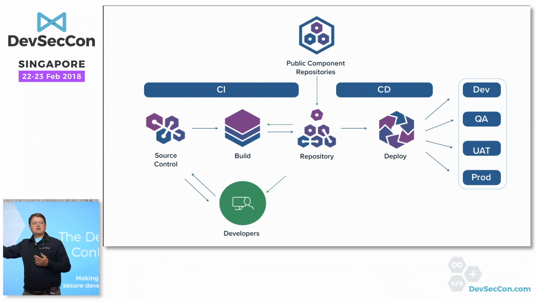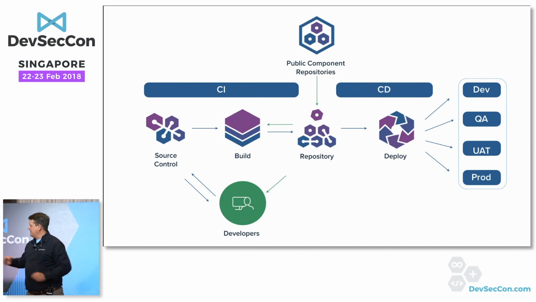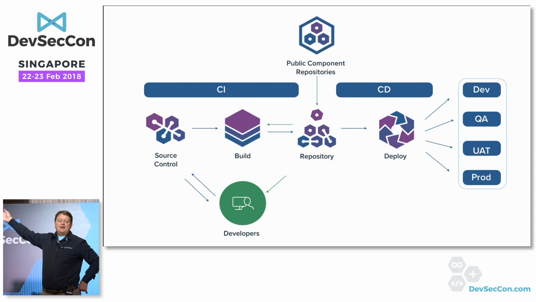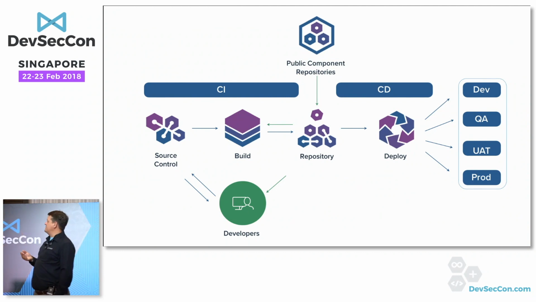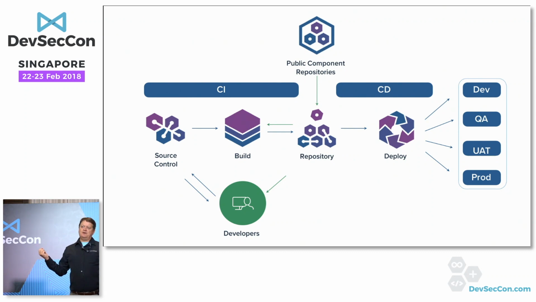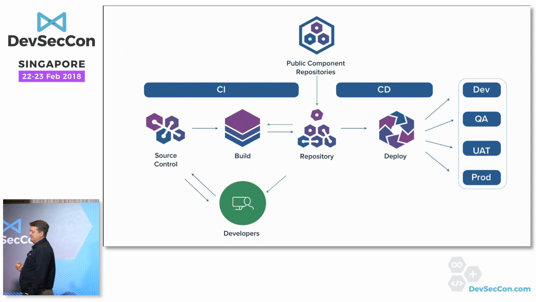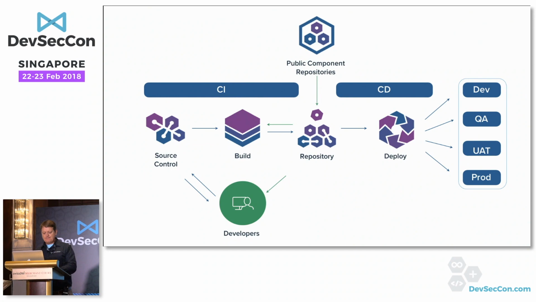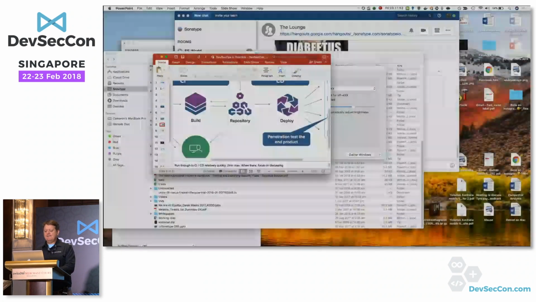Because some of the things we're showing you here are very good controls that are quite easy to implement. Firstly, developers are no longer allowed to go to the internet to get libraries. What typically happens in most banks that we work with that do this is they put a proxy rule in so developers can no longer grab libraries directly. They have to access them through the repository. And the advantage is that the security team can now make an assessment of what we actually have in our organization. Let me show you that.